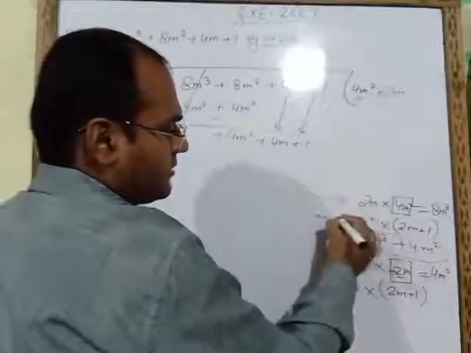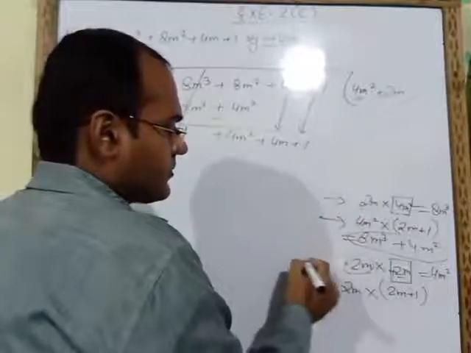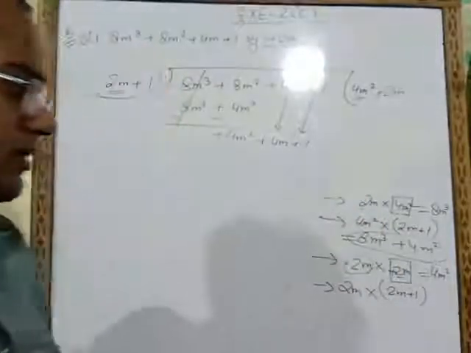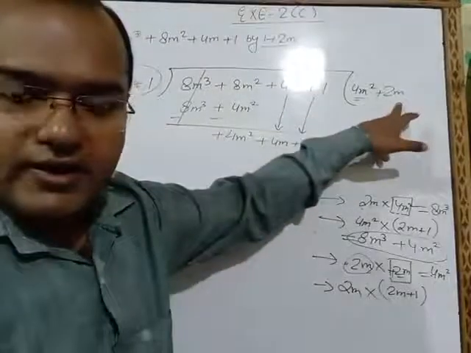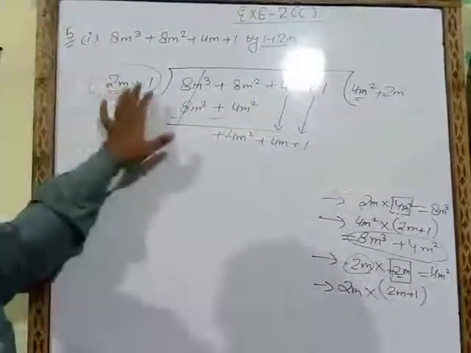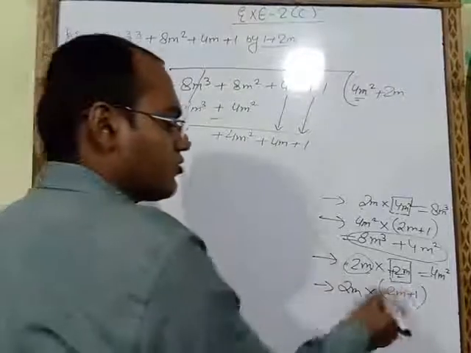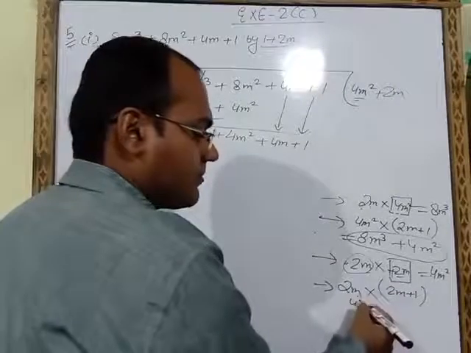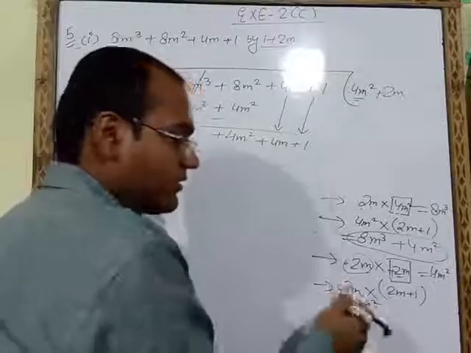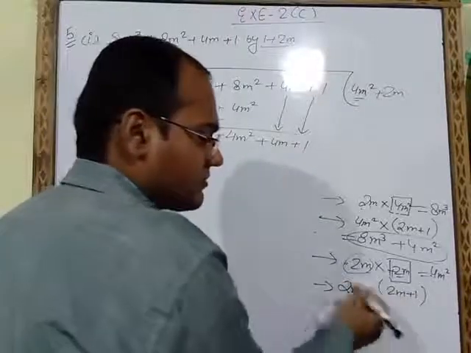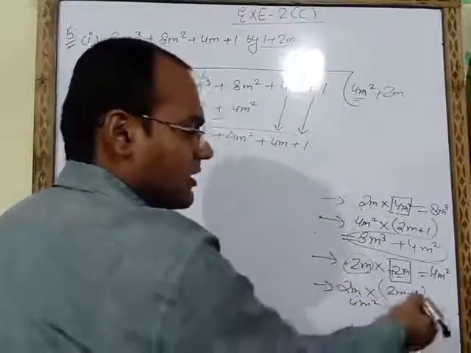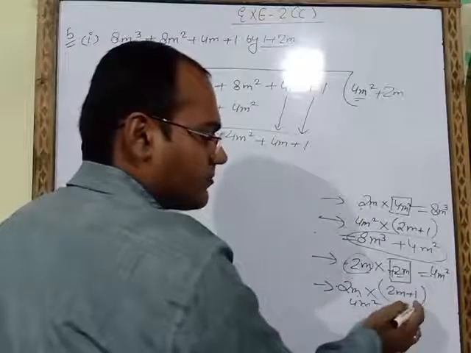So what we have done, the number which we had written here, that number we have to multiply with both the terms. So here I am multiplying. 2 into 2 will be 4, m into m, m square. Now sign, this is plus and this is plus, 2m into 1 will be 2m.